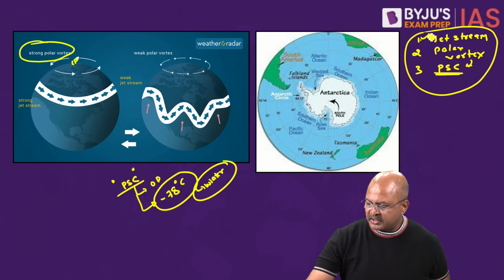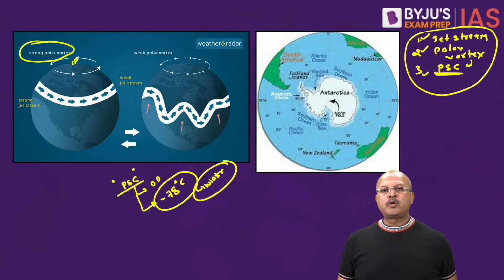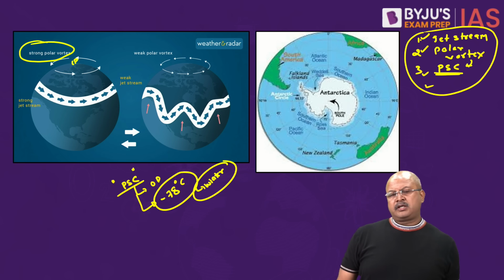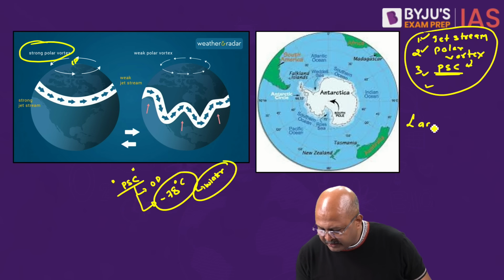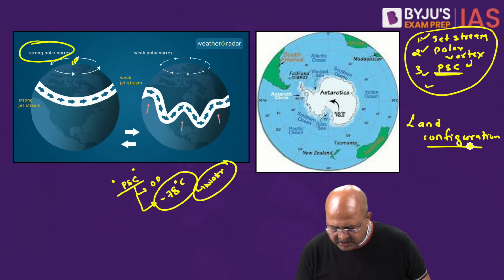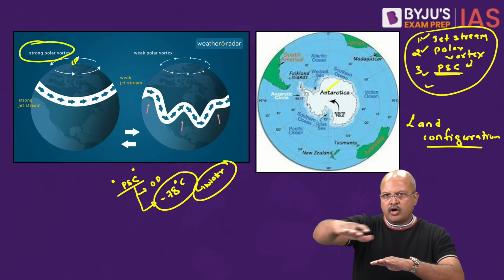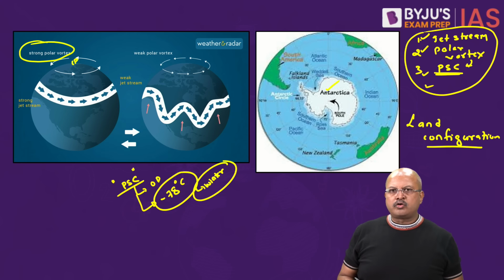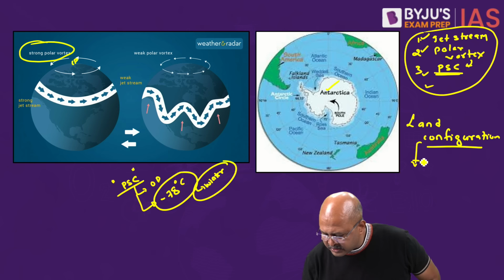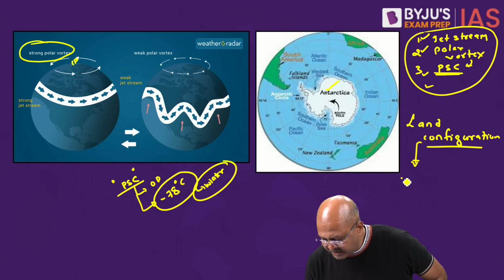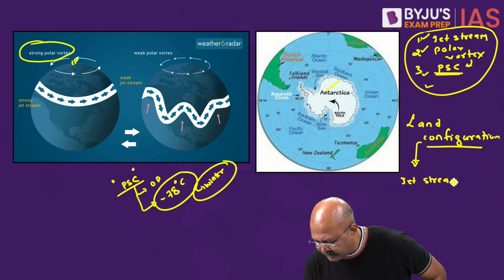One is the role of jet stream, polar vortex, and then polar stratospheric clouds, which plays an important role in the context of Antarctica. Now, along with that, if you see the land configuration of Antarctica, which consists of a land area or a continent. Above that, the ice deposit is there, and surrounding is water bodies. So because of this land configuration, plus other factors, the jet stream which is there in the Antarctica, that is